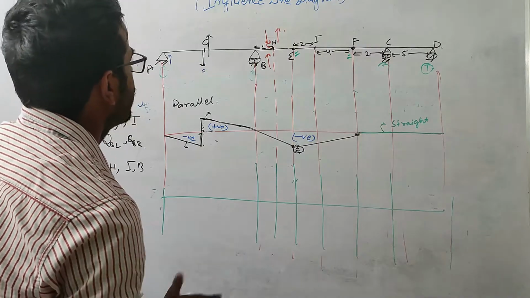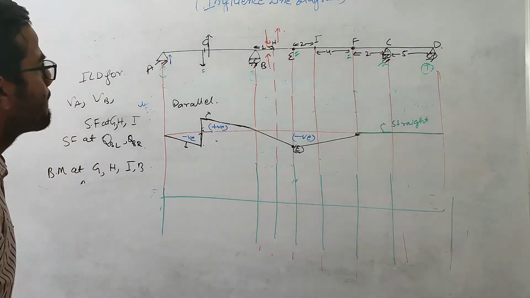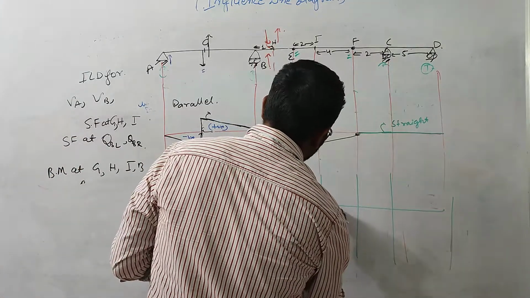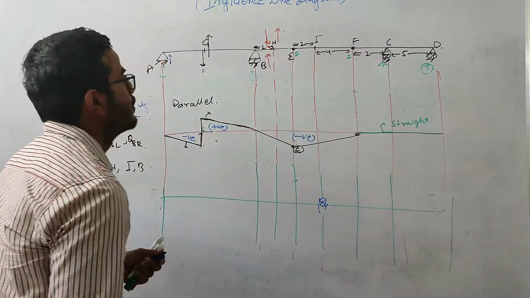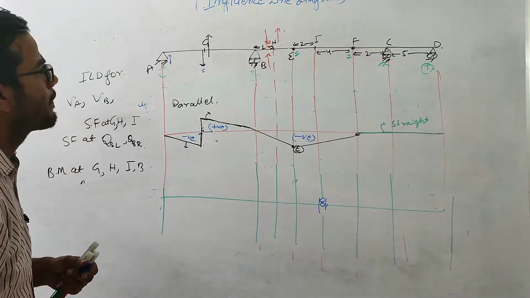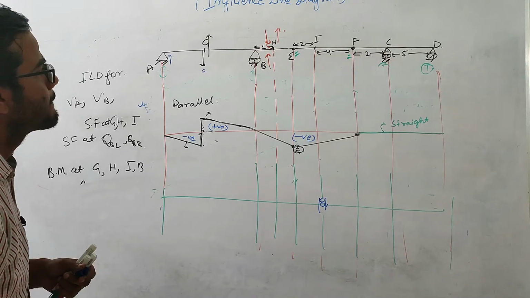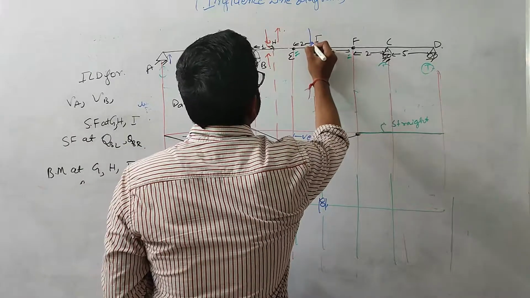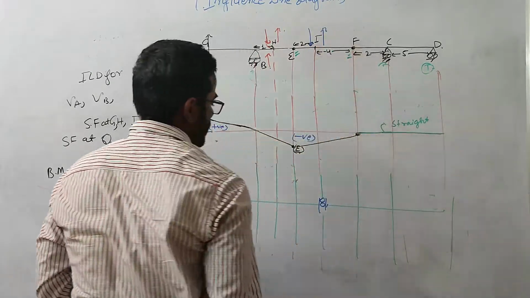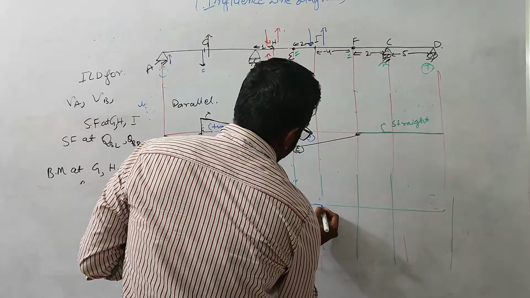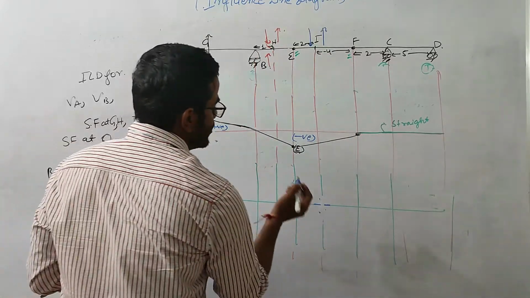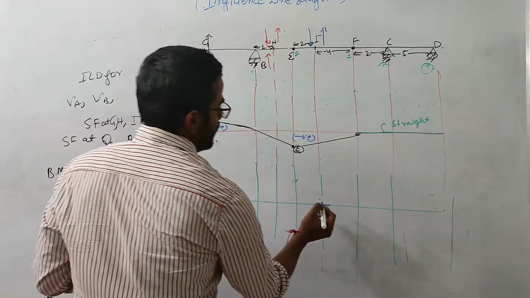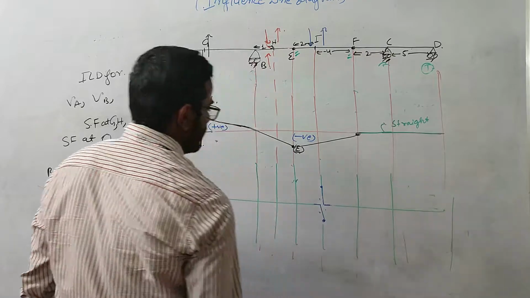Now this is an important case. Let us come to this point I. At point I, I need to provide some kind of a roller to release the shear force. At point I, the shear force is acting like this. I need to give some unit shear deformation along this force. Let us suppose this point moves like this, and this point moves like this.